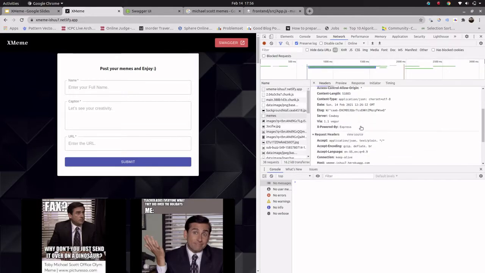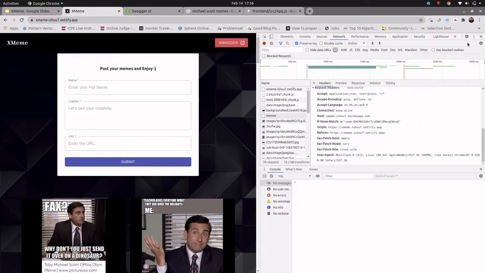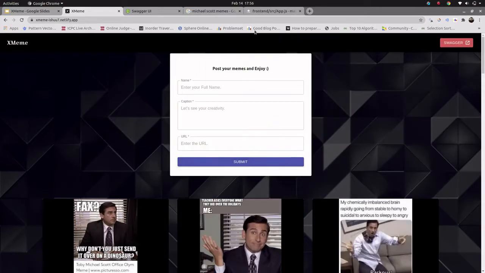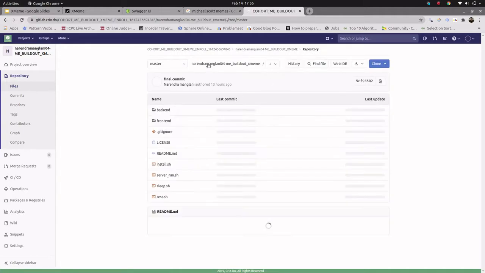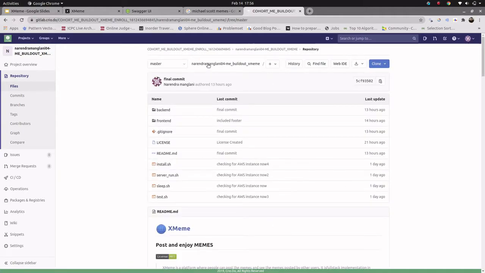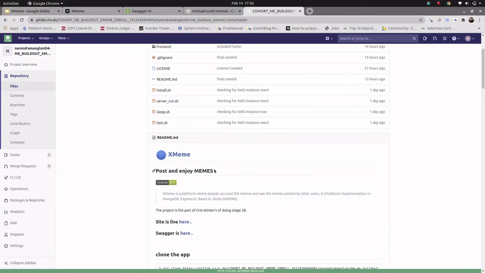So let me go through the code base once. Currently my code base is in GitLab. As I mentioned earlier, the project is divided into two parts, the front end and the back end. I have also documented my readme file here.